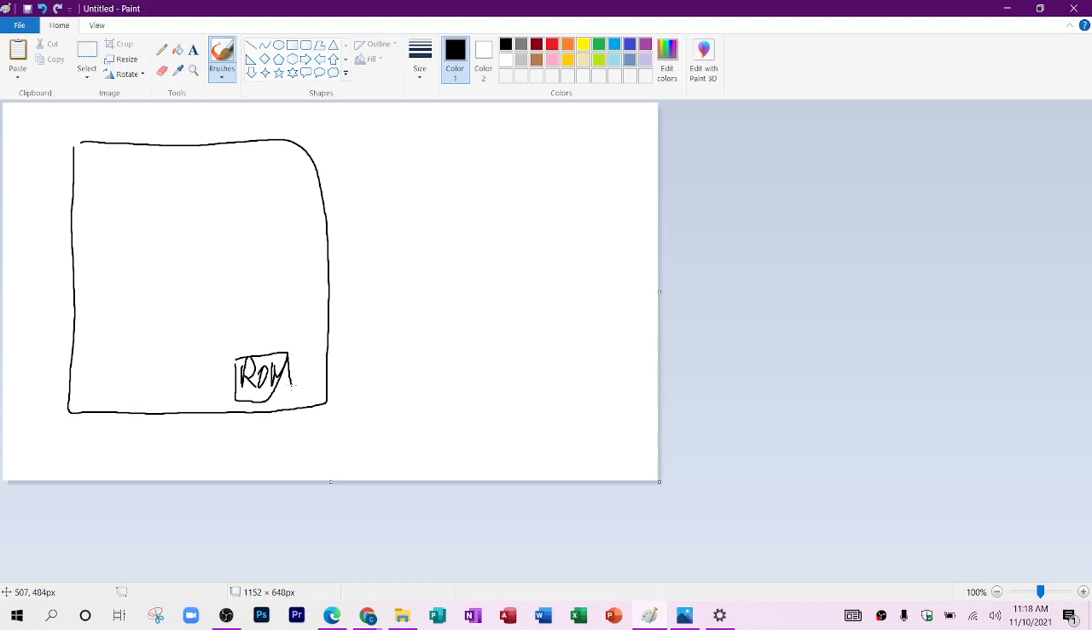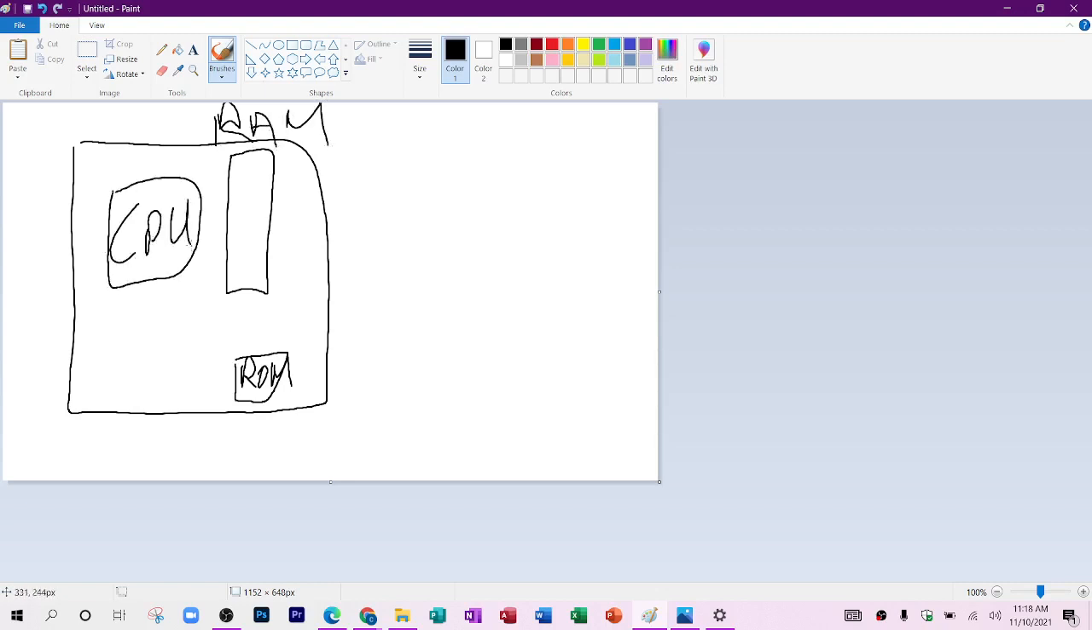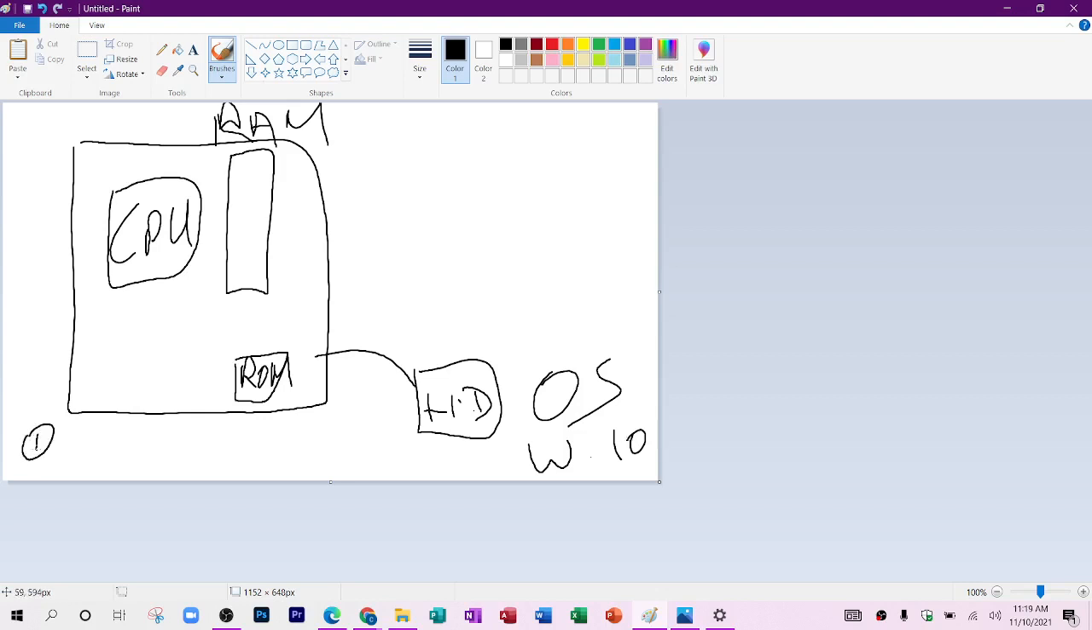All right, so that there is ROM. This here is RAM. This is your CPU. And this here is your hard drive. And this is your operating system. This has Windows 10 on it. But so how does your computer start up? What actually happens? So over here you got the power button. Imagine that as your power button. So you press this button over here, power,